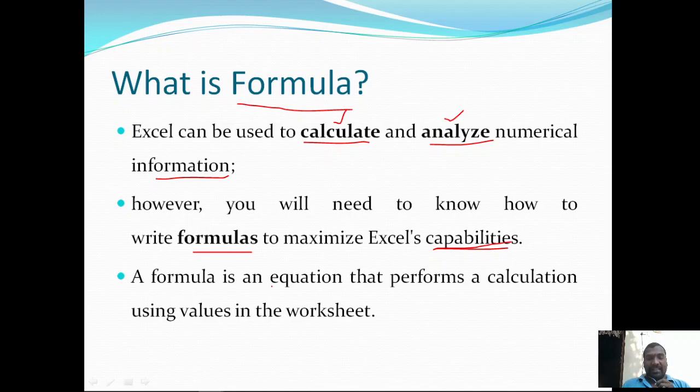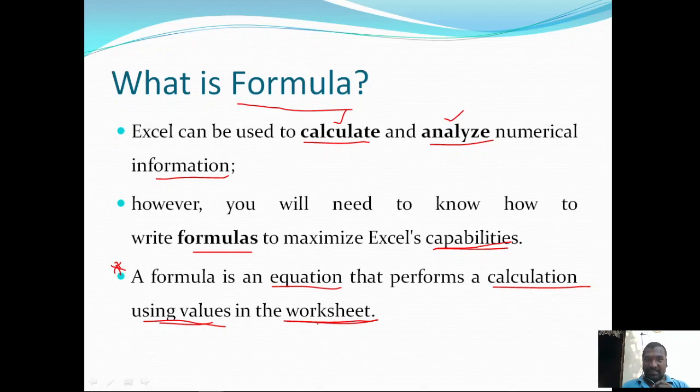A formula is an equation that performs a calculation using the values in the worksheet. In Excel, a formula is nothing but an equation. That equation is going to perform some calculation. That calculation can be done by using several values that are available in cells. Those cells are part of the worksheet.